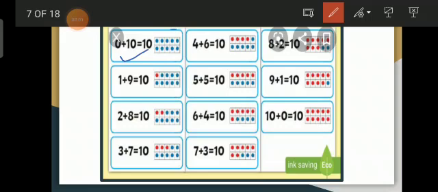Okay, look at these circles. Here is no red circle, only the 10 blue circles. So that's why there is no red. So I have written over here 0 plus 10. That gives us altogether the answer 10. Very good. Now move to the next one. 4 plus 6. Look at here.